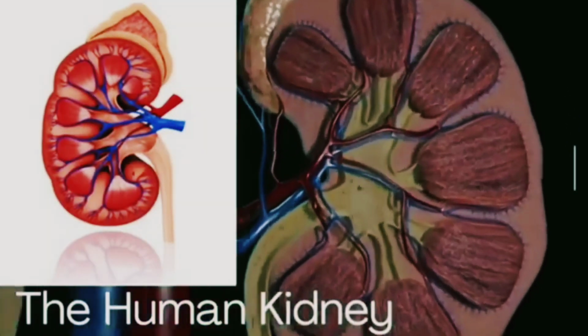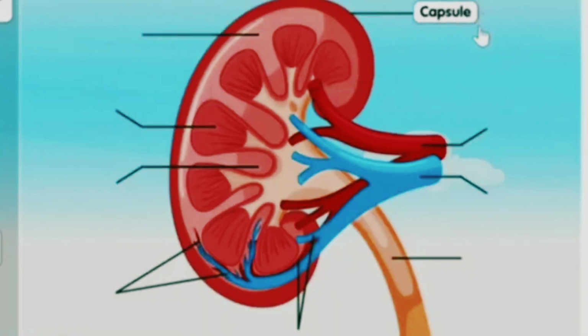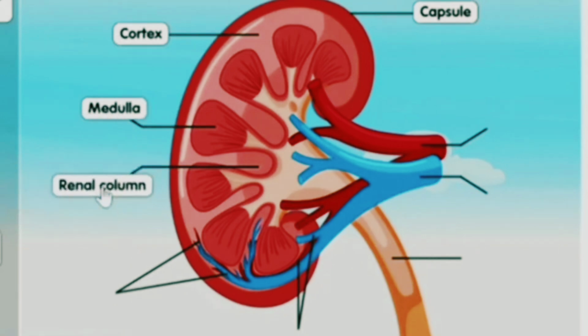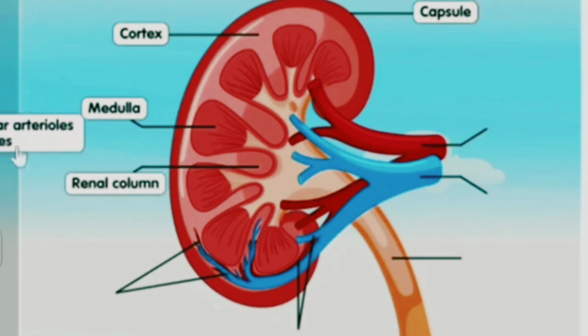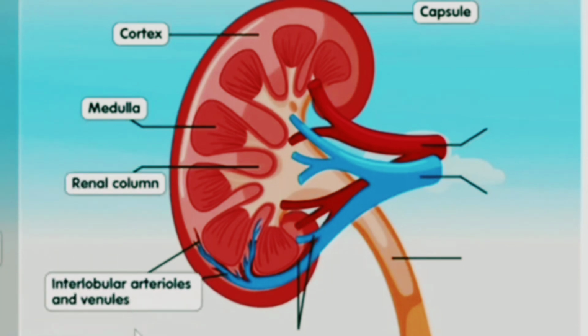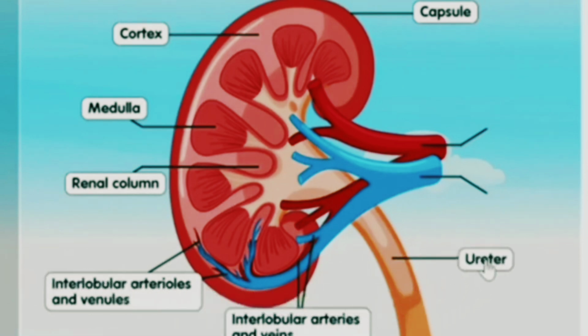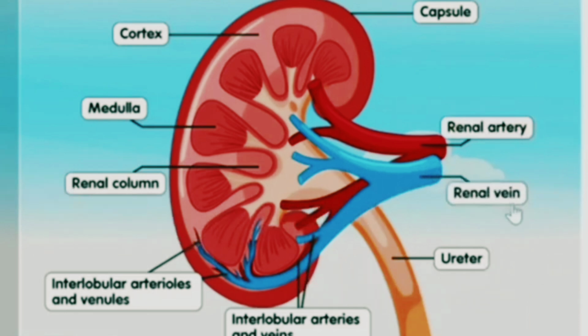Learn how to label the parts of the kidney in this interactive on capsule, cortex, medulla, renal column, interlobular arterioles and venules, interlobular arteries and veins, ureter, renal artery, renal vein,